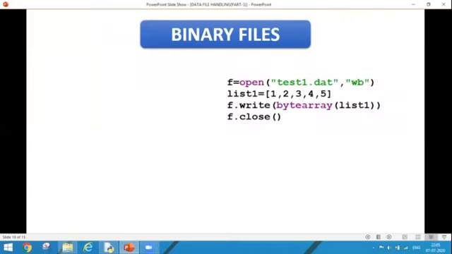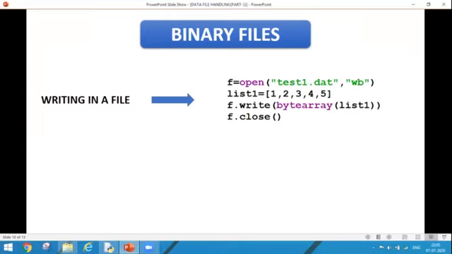Let's move on. This is the code, and it shows how to write in a binary file. As we can see, the first line states that the file is opened in write mode and the file name is test1.dat.